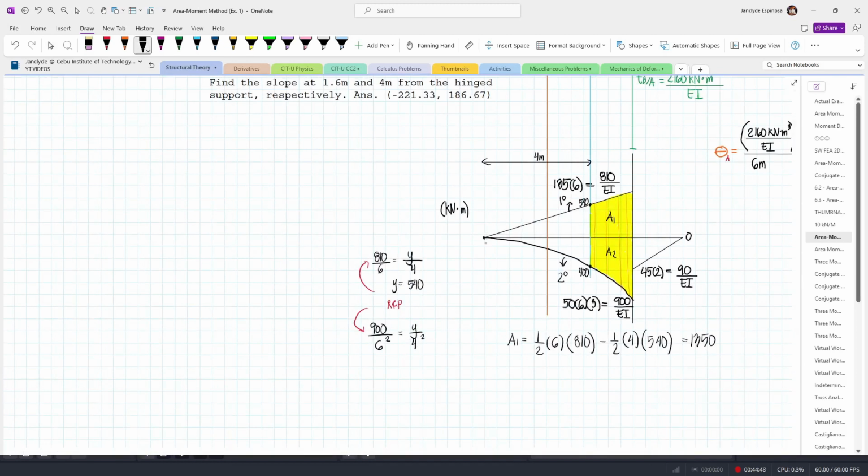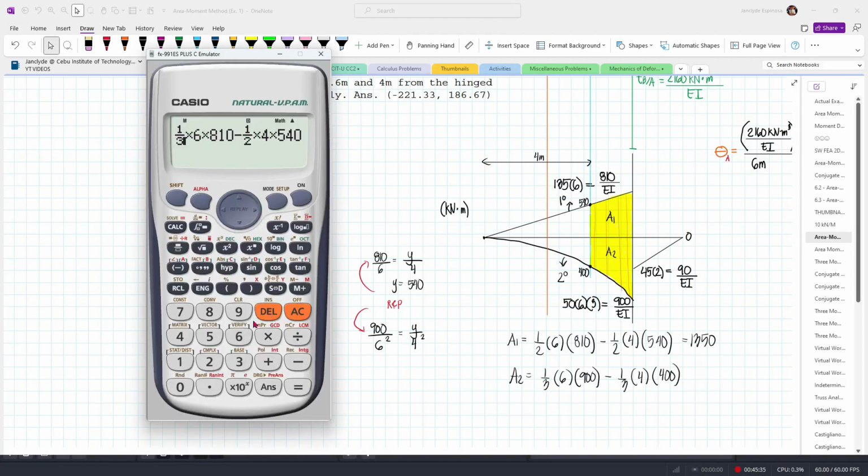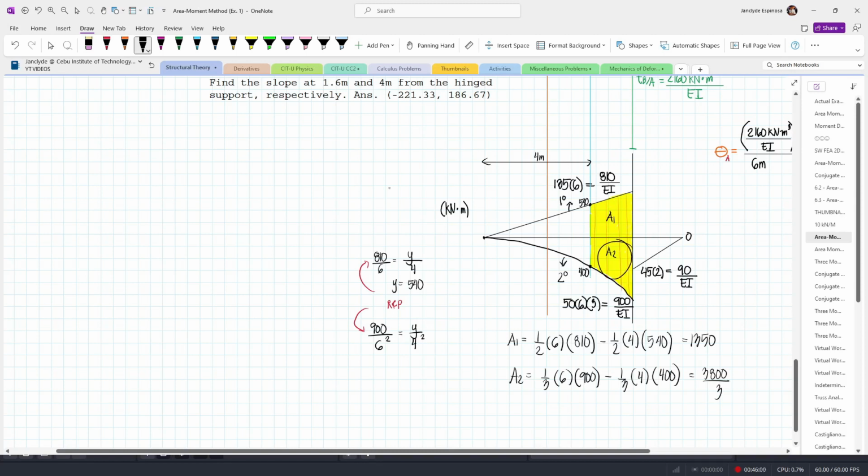Now solving A2, this is below the zero line. So kailangan negative yung area natin. So we have 1/3 times a base of 6 meters for the whole spandrel times a height of 900. And then we have minus 1/3 times a base of 4 meters. Again, we are subtracting this smaller spandrel, so times 4 times a height of 400. So we have here 1/3 times 6 times 900 minus 1/3 times 4 multiplied by 400, which gives us 3,800 divided by 3. And then again, take note that this is below the zero line,